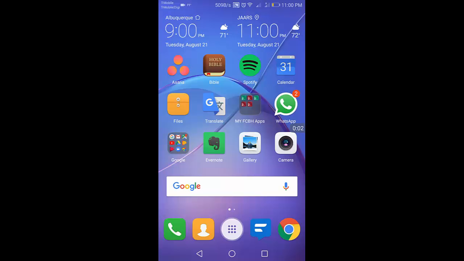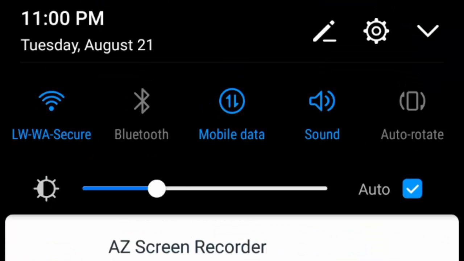How to install an FCBH Local Language Audio Bible app. Once you've downloaded the APK file from the FCBH website, the first thing that needs to be done before installing that app is to go to the settings,